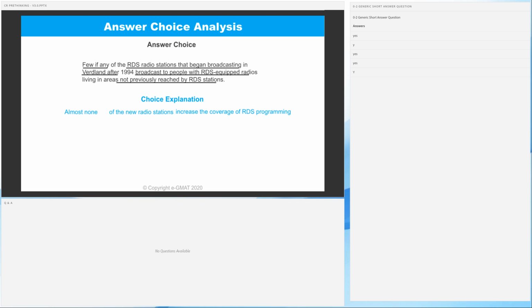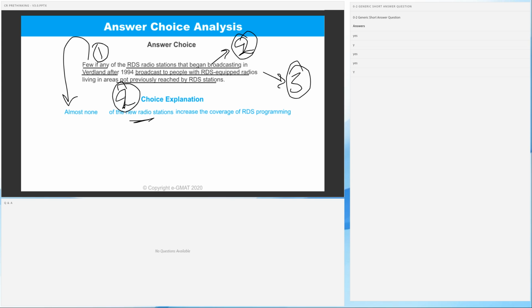Choice A is my correct answer. Let's see what choice A says. It says few if any of the RDS. Few if any means almost none. Translation of few if any: almost none of the RDS radio stations that began broadcasting after '94. These are the new radio stations. So this over here is 2, and this here is 2 as well. Broadcast to people with RDS equipped radios living in areas not previously reached. This is 3, and this over here